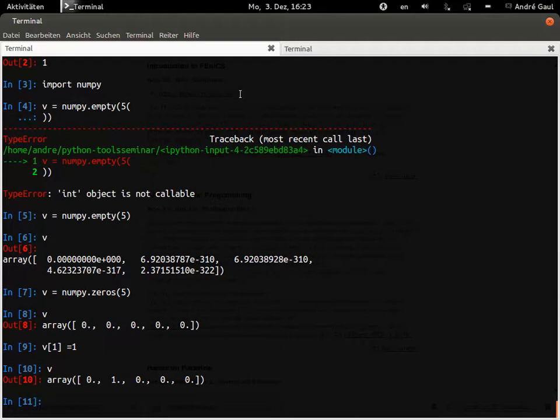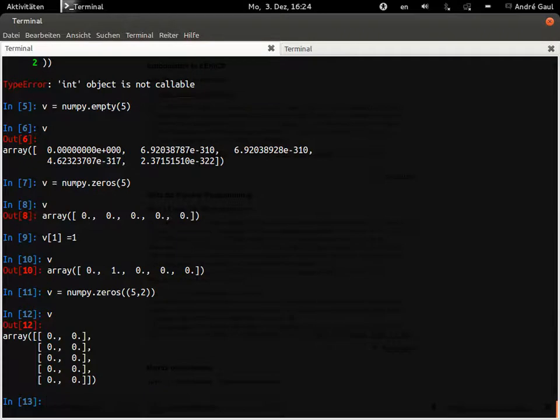Later, so you can come back to this and refer to it all the time. Okay, so now we know what an array is, and the array is the basic data type in NumPy, and it actually also handles matrices or tensors. So you can just put another dimension here. You can put a tuple saying 5 by 2, and then you get a 5 by 2